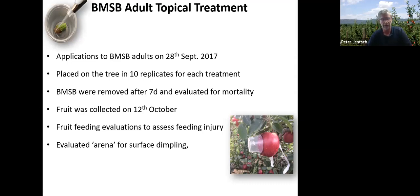Oftentimes, one of the issues that growers have, and what makes this insect really unpredictable and difficult to assess with regards to the use of traditional integrated pest management, is you may see the insect on the tree, you may even see it feeding, but you might not see the expression of the feeding for a number of days, anywhere from 7 to 14 days. So as you could barely see here, if you will, on the arena, you can see the Sharpie circle drawn around the arena, and that allows us again in the lab to focus on different levels or expressions of feeding